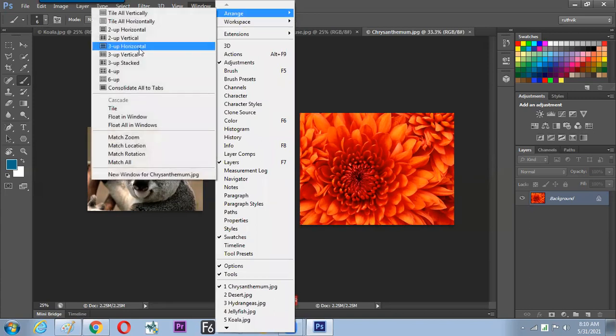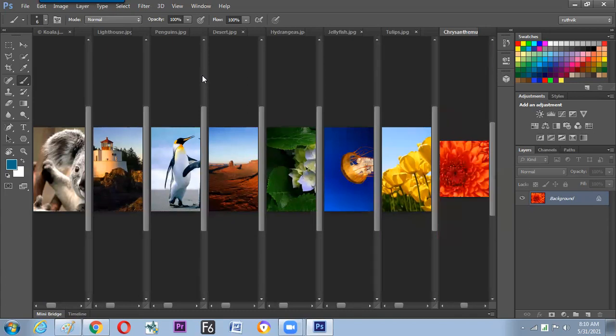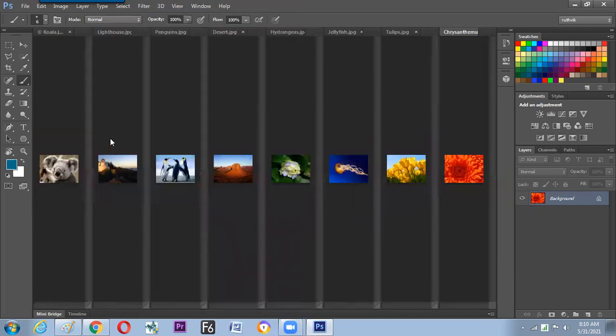As the name says, on the top you can find Tile All Vertically. Then everybody will be staying vertically, and Control minus to zoom out a particular thing. Once it is done, we can ask the software to arrange all the same. So just to arrange the photographs, we have done this much.